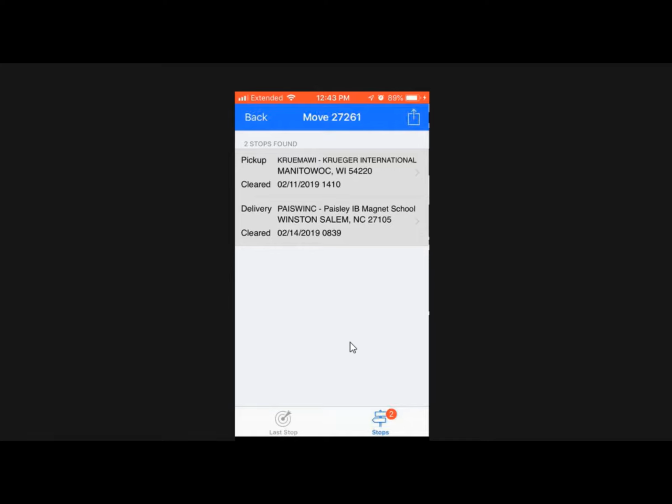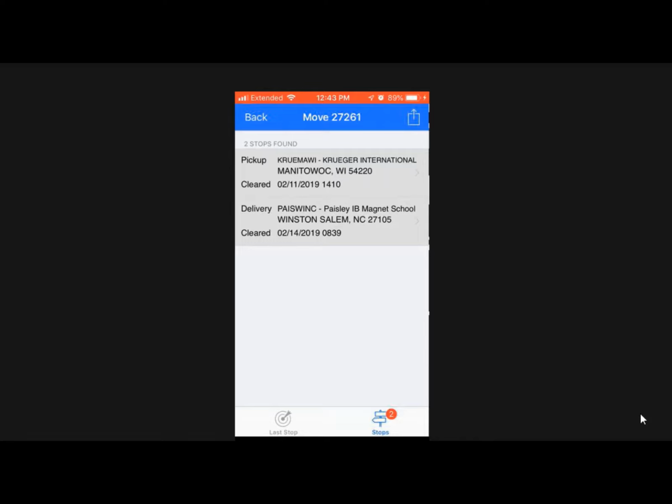Please contact your dispatcher and operations and just say, hey, my app isn't showing what you asked me to do. Can you look into this? I think there might be some kind of issue. And 9 times out of 10 it's completely a mistake, and when you contact them, they can get it fixed, so that way you get paid for the work that you're doing. From this point,